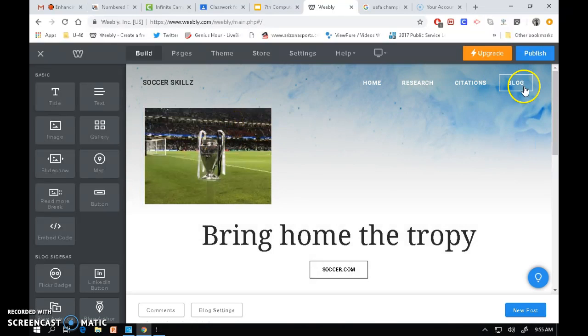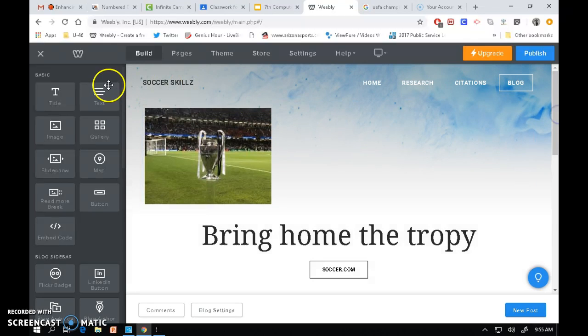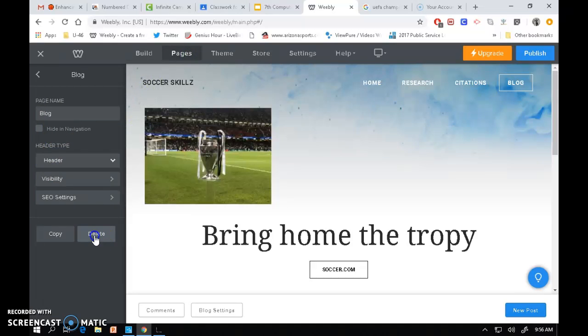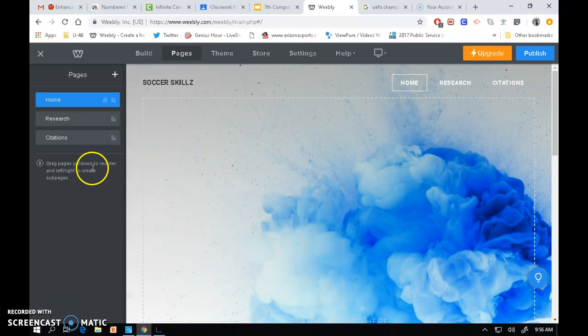Let's say that you have a template selected and there's all kinds of stuff, and you'd rather not go through deleting every single little piece. The easiest way to do this is go to Pages, and for me it's this blog page. I'd click on it. I'd just hit delete and get rid of this because maybe that's not the page I